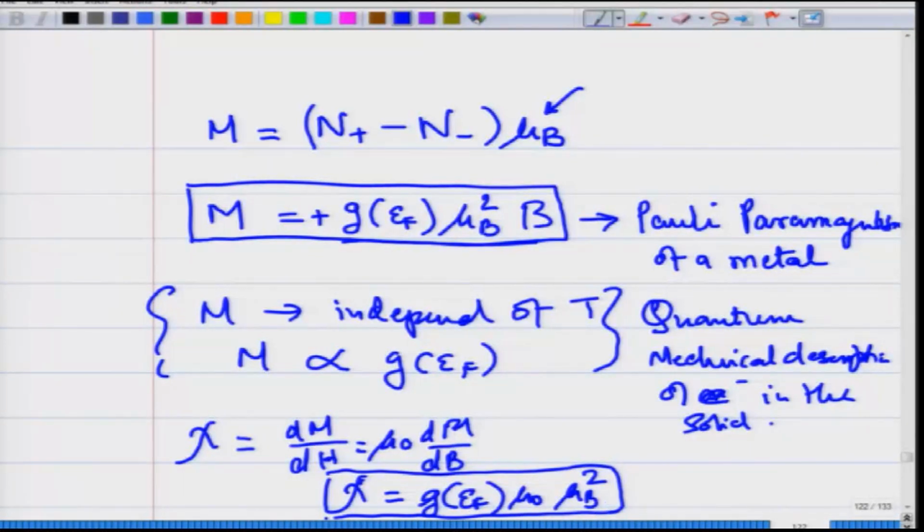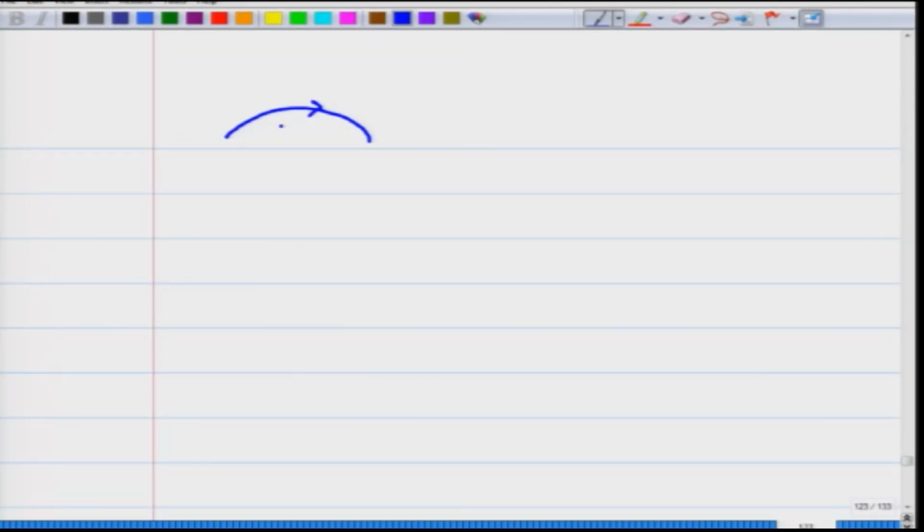One can also describe in all of this description, and this is what has been found for very simple metals like lithium and copper, the magnetic susceptibility, if you measure, it turns out to be somewhat close to these values. So, there is a degree of confirmation that the system, you can actually describe it using this quantum mechanical description. However, in all of this description, I have not considered that in a magnetic field the trajectory of electrons also can become circular, okay. And this leads to, if you do a quantum mechanical description of this, then this will explain the phenomena of diamagnetism,